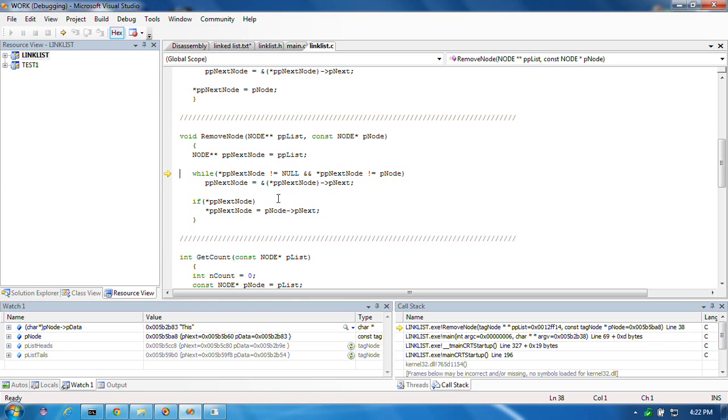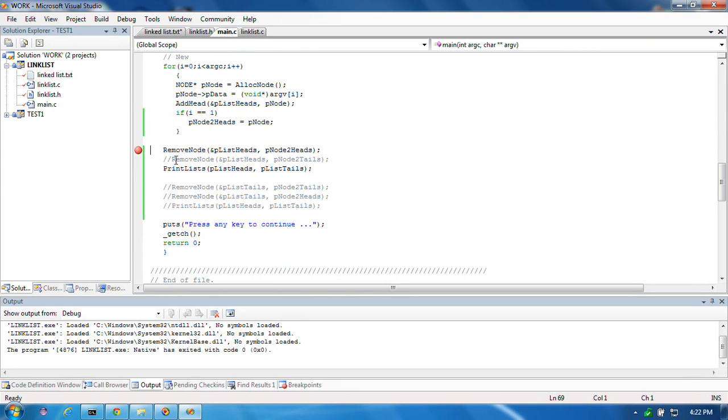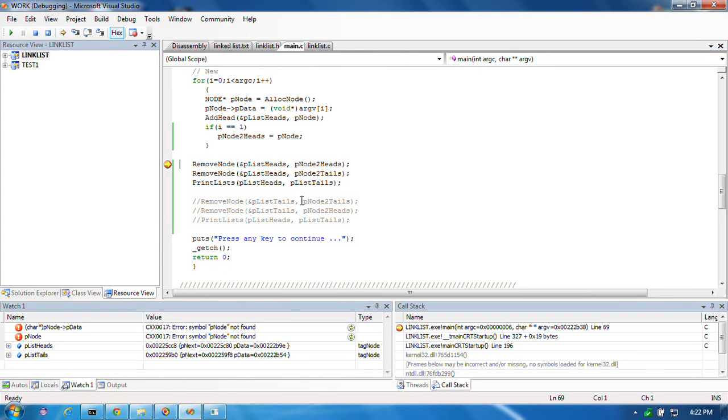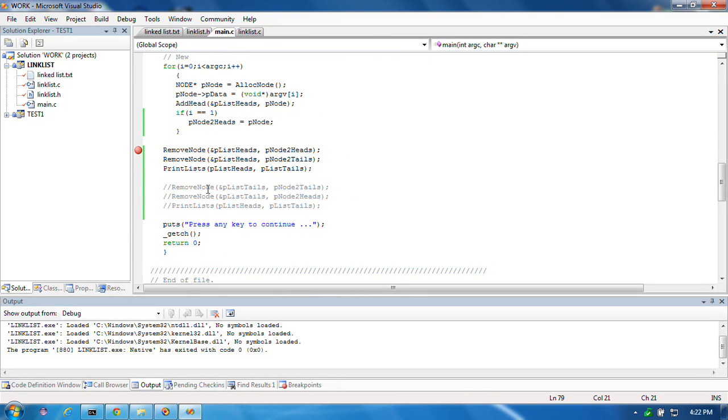And you'll notice also that if I try to remove from the heads list something from the tails list, it should have no effect because those objects are not usually in that list. So it's the same. This list was not affected. Okay. Similarly, I can remove something from if I remove the second element from the tails list,